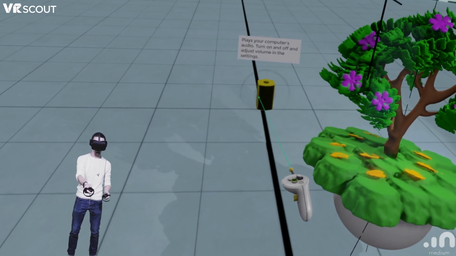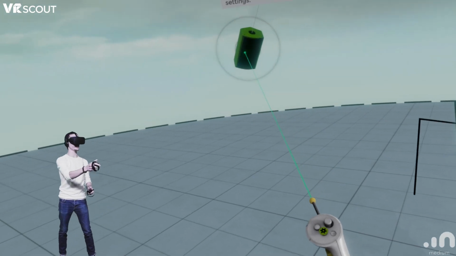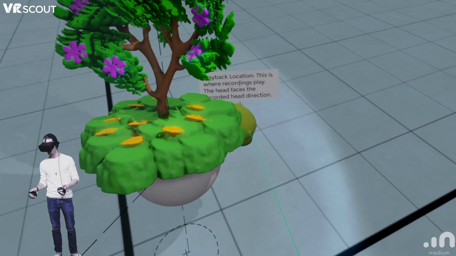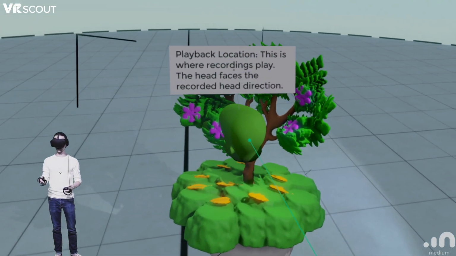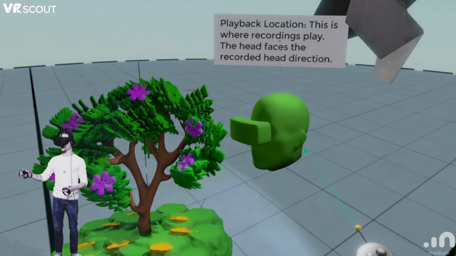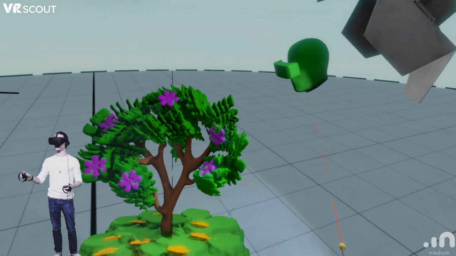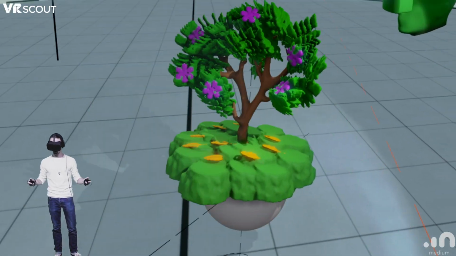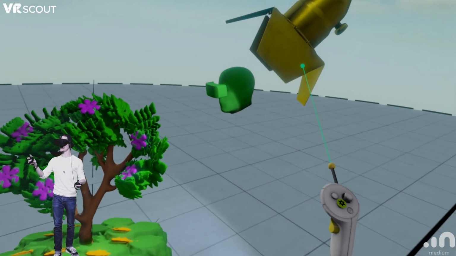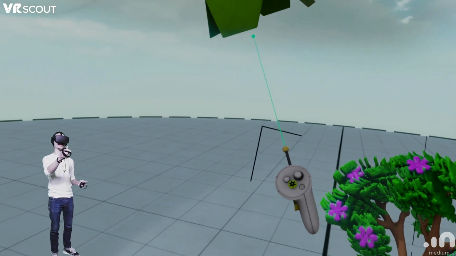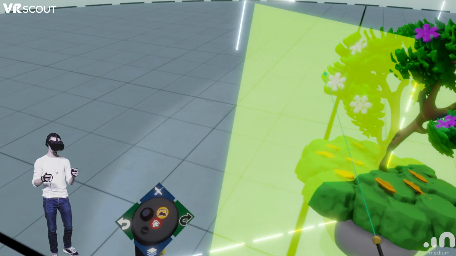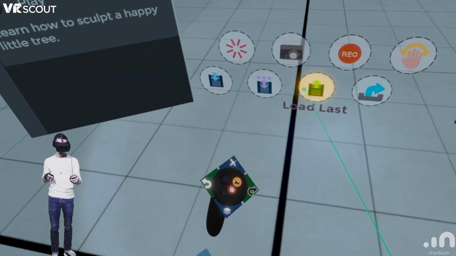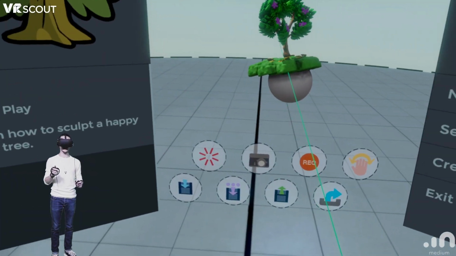And over here you see there's a speaker, so if I had music playing on my computer, I can just set this up and rock out to the music. And then for those recordings, this is that sort of playback location. So I would set where it is that I want them to be, and that's where they would be. So that's the way that you can play with a different environment, and those are the options that they have now. But I do think it's a pretty cool idea to be able to sculpt in some really scenic spot. So let's go back to our tree,